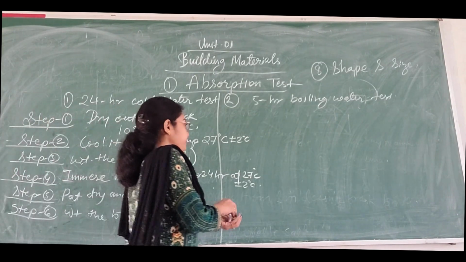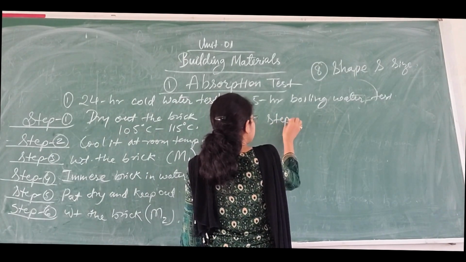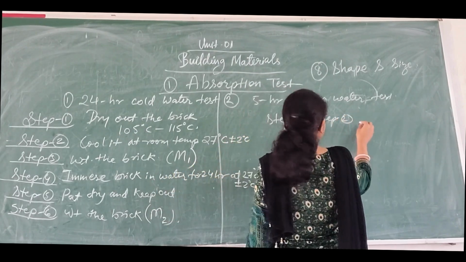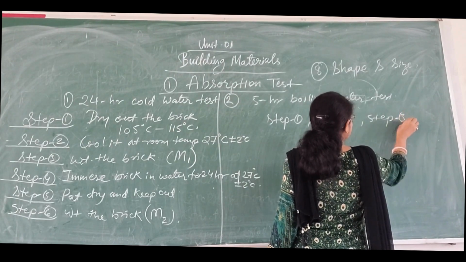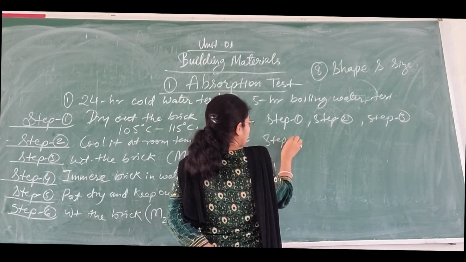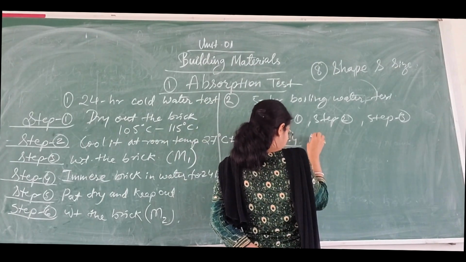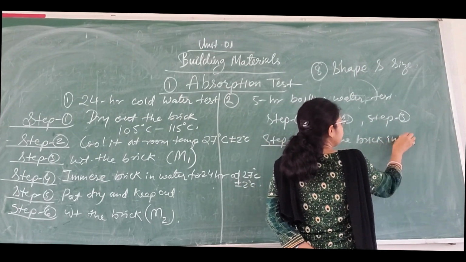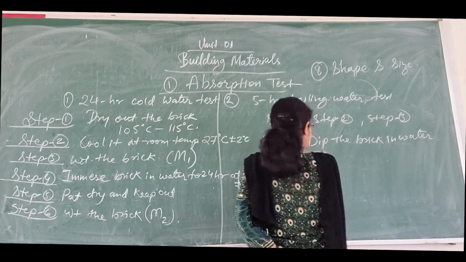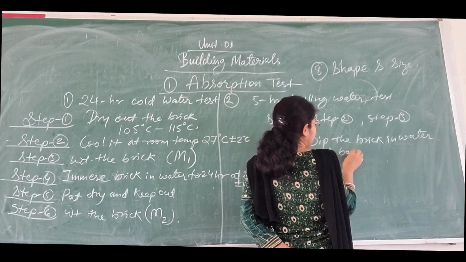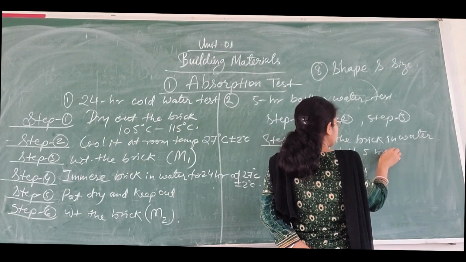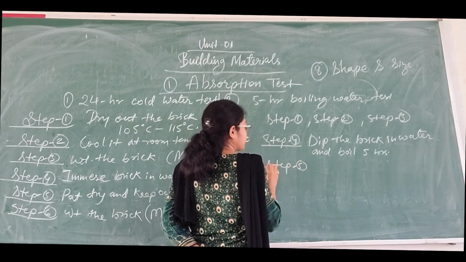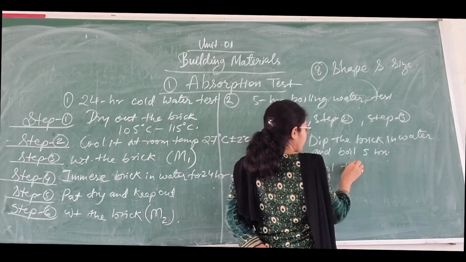Similarly, come to this point. This is step 1, and step 2 and step 3 will be the same. Here also, what will be step 4? Step 4 will be: dip the brick in water and boil for 5 hours. Step 5, cool the bricks